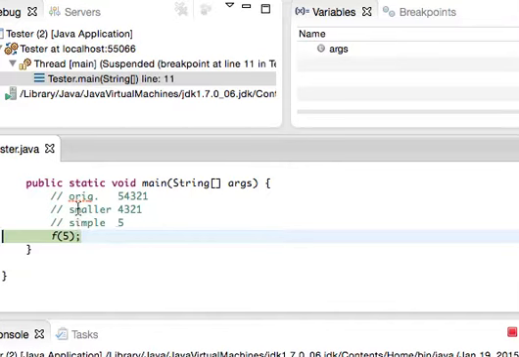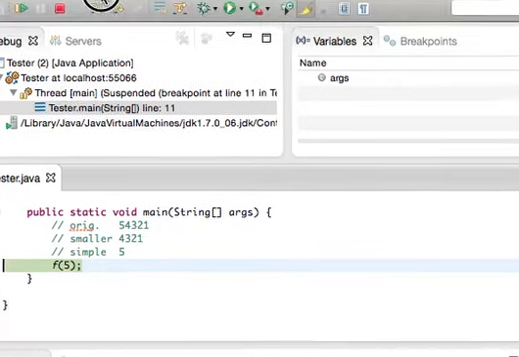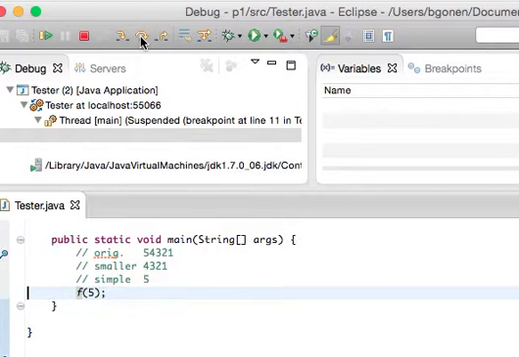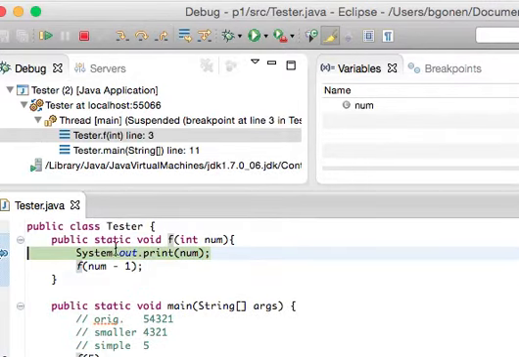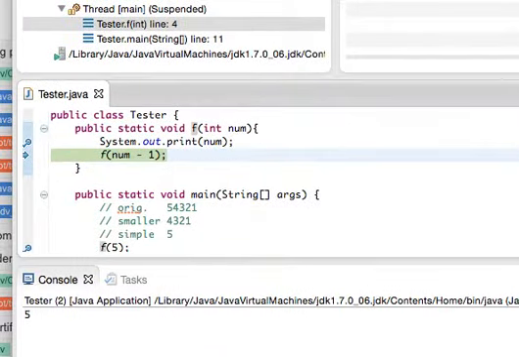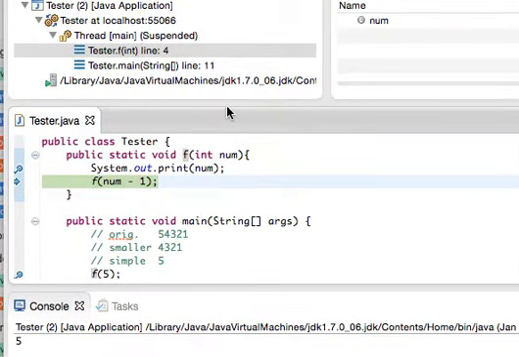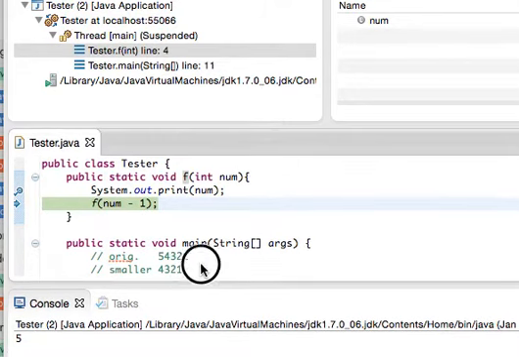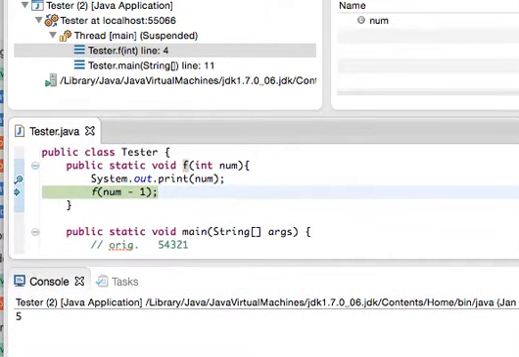If I say step over, then we are here. If I step over, it displays 5 on the screen. And then if I say step over,